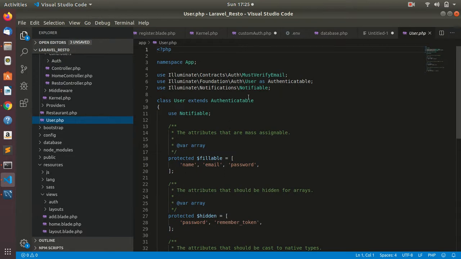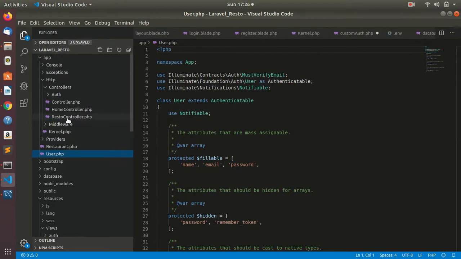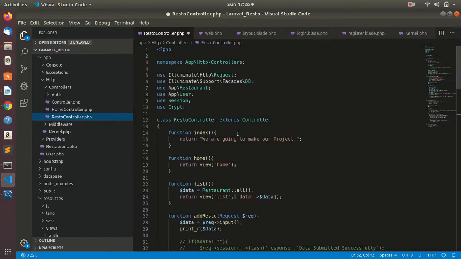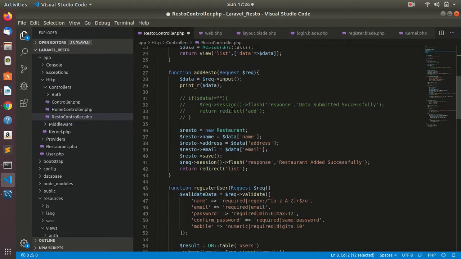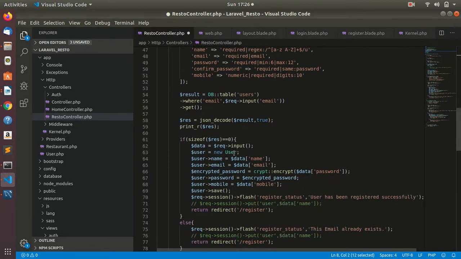Now we need to import this model into our controller. So this is the resto controller in which we have imported our model. Now we have created an instance of the model, and we are sending all our data. That is, we are getting the data from the request parameter. Request input is providing all the data of our form, and this data is getting stored in our user name, email. So this user name is representing the data table columns.